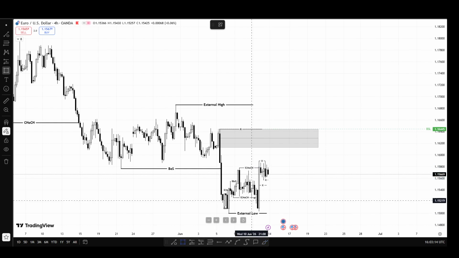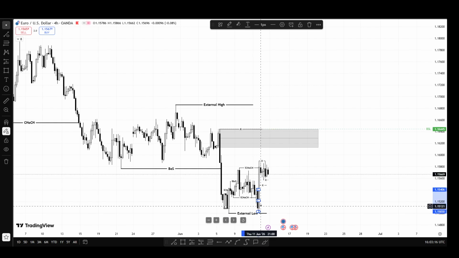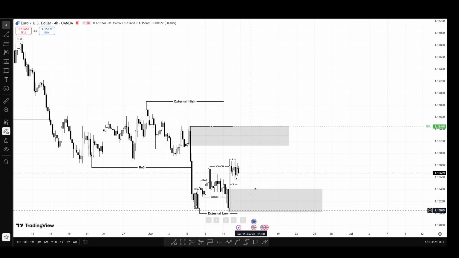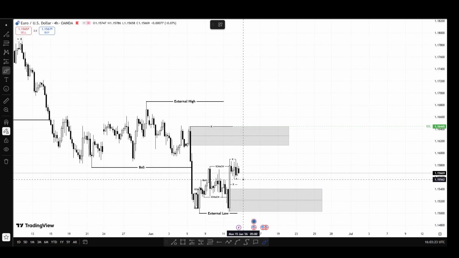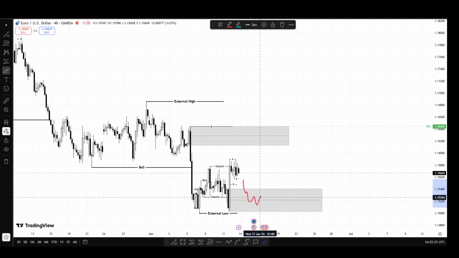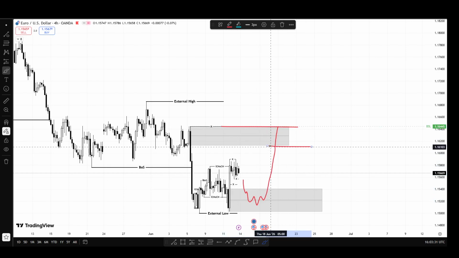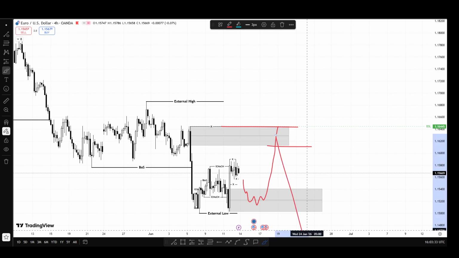We have this other block here. Okay. We have that other block here. So I'll be waiting for price to mitigate this other block here, give me a lower time frame shift on the 5 minute time frame to then buy to tackle this high or this supply zone,